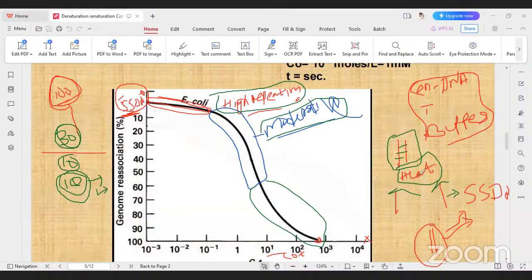After that, when the heat cools down, these two single stranded DNA renature again. This renature mainly depends on single stranded DNA percentage, and also time, and also buffer solution. If you take the graph, the y-axis is single stranded DNA percentage. Before that, you should remember